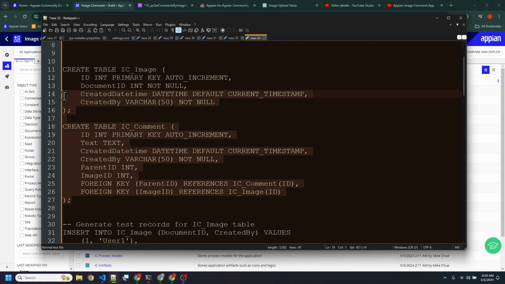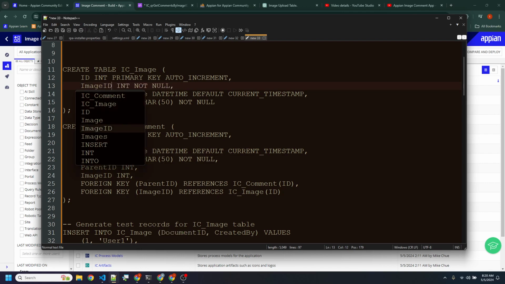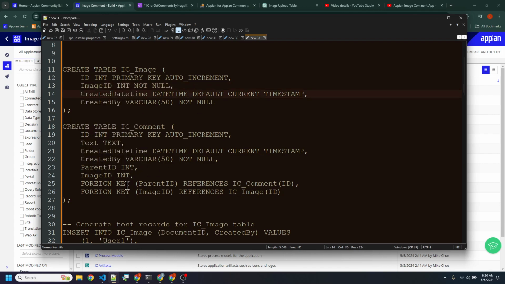But designing a cloud data structure here is very time consuming. You've got to get it perfect or near perfect. The naming convention here, document ID, all of these IDs, you have to make it clear, because I can easily name this image ID and then get messed up with this right here, mapping to this.